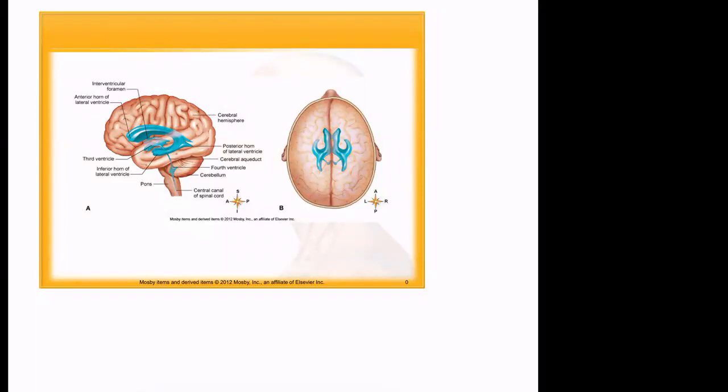Ependymal cells create the cerebrospinal fluid that circulates around and distributes nutrients. Now, if the patient is creating too much cerebrospinal fluid, or if it's not circulating properly, it could